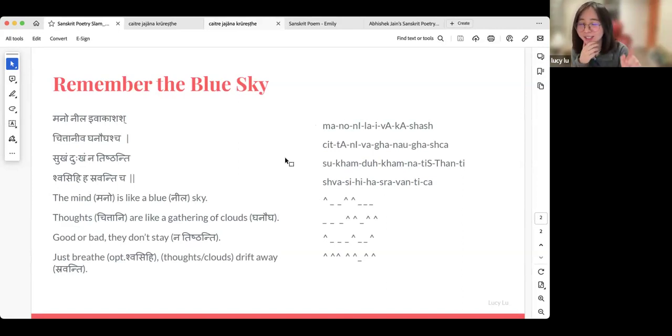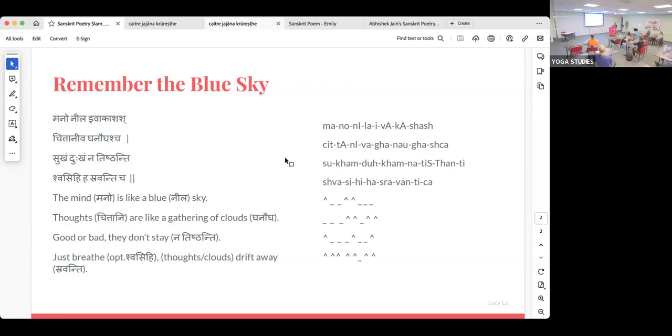And then I think there's a phrase here, if you want to remember this, and you probably know this already. So good or bad, or like happiness or suffering. So it's sukham, dukham. So I think if you want to remember one thing from this verse, that's a good thing to remember. All right. And with that,